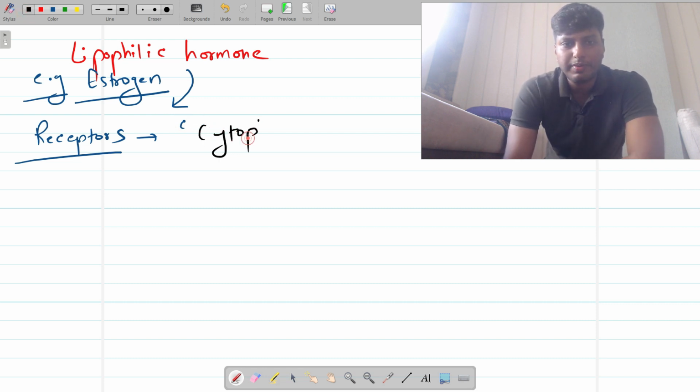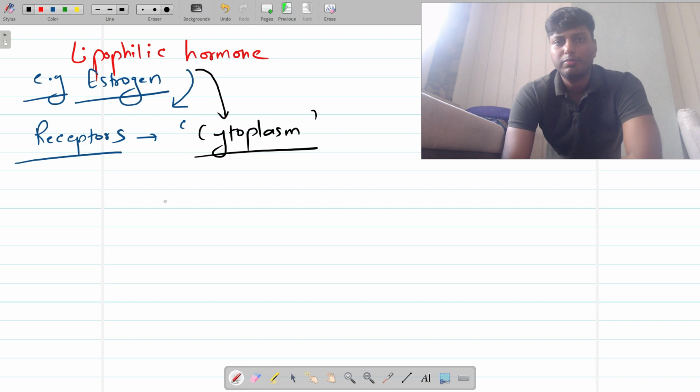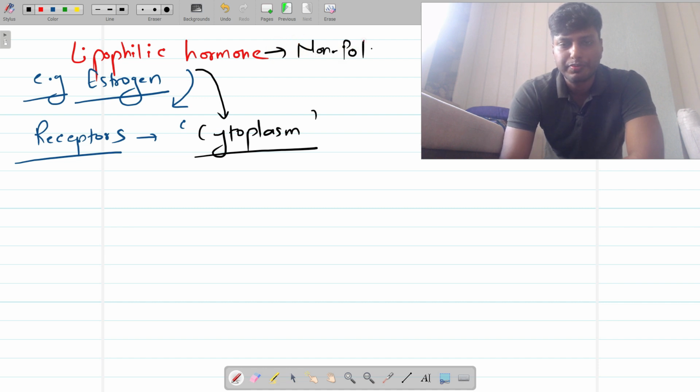So these are present inside the cytoplasm of the cell. That means the lipophilic hormones can directly enter inside the cytoplasm of the cell. Now you may wonder how this can happen. The answer is simple. Because the lipophilic hormone is non-polar in nature, and we know that the cell membrane,